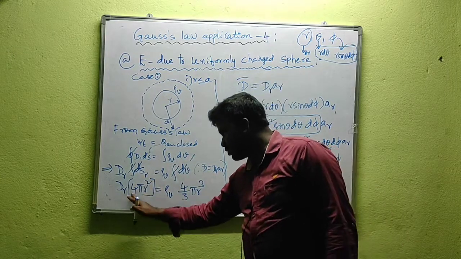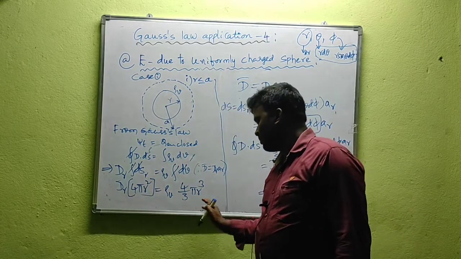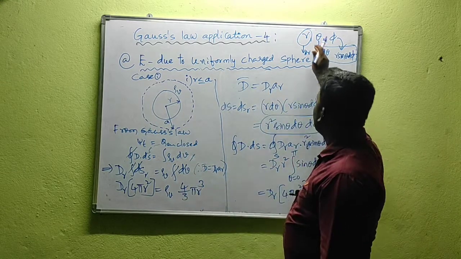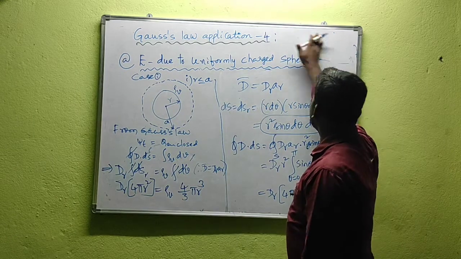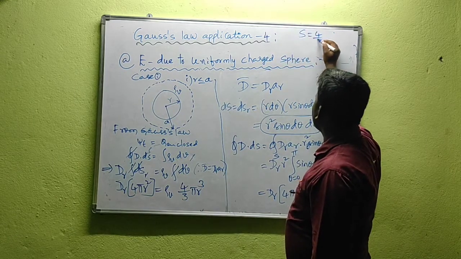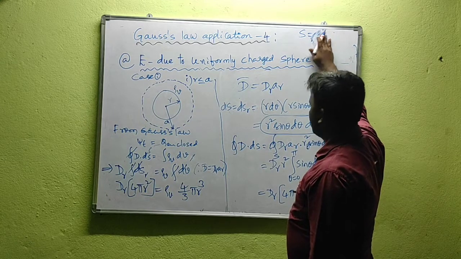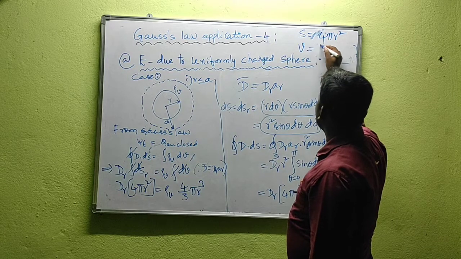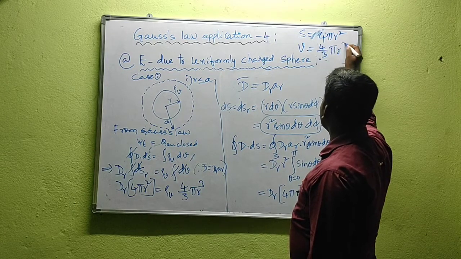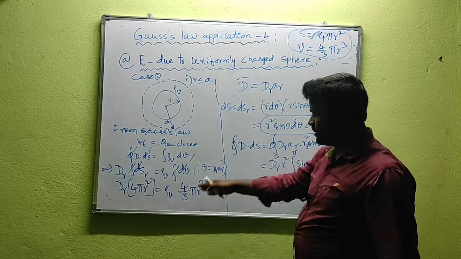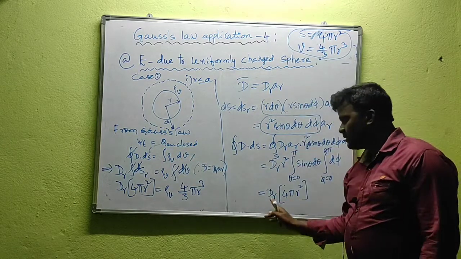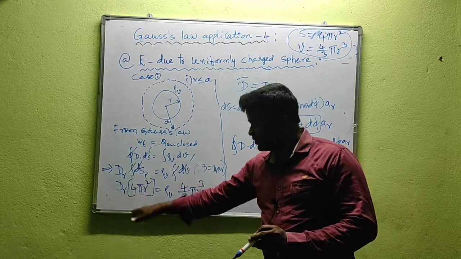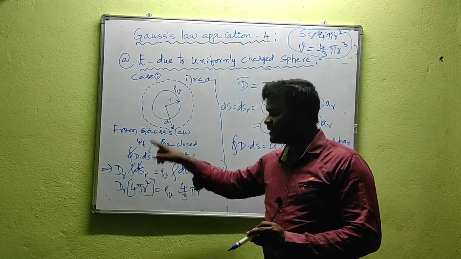Surface area of the sphere is 4 pi r square, and the volume of the sphere is 4 by 3 pi r cube. Please remember this. The surface area S is 4 pi r square for the sphere, and the volume of the sphere is 4 by 3 pi r cube. Please remember these things. So I just applied that thing only. But here there is a difference for the second case, though on the left hand side there is no difference if you go for the second case.